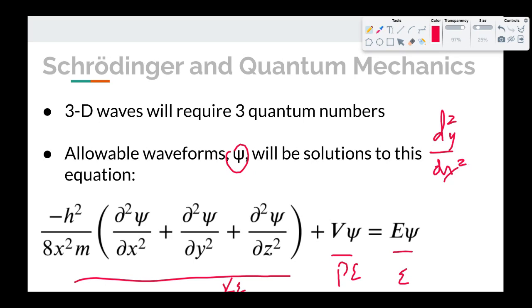These are second derivatives, but it's a 3-dimensional wave, so you have to do it in x-axis, y-axis, and z-axis. So those little Greek deltas, those are the d's, but they're partial derivatives. They're derivative in that axis, so you have to have 3 of them. Okay, so if you don't understand any of that I just said, that is perfectly fine. But suffice it to say that smart people like Schrodinger, who were very well educated and knew a lot of math, could solve equations like this. But to do them required that you specified 3 quantum numbers, and those quantum numbers had to fit into certain rules, just like our one quantum number had to fit in rules to match our one-dimensional wave.